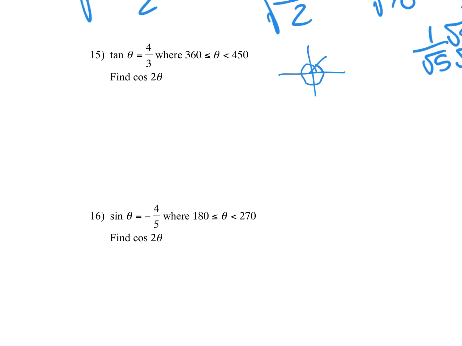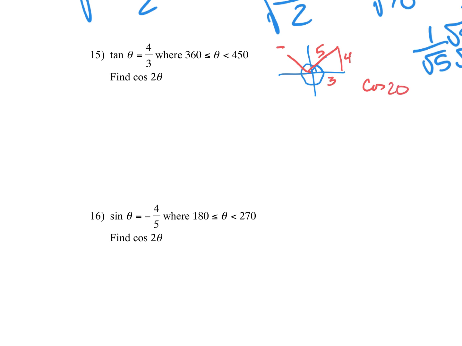I'm going to put it in red. So we know that the cosine of that is going to be negative. So we know the answer is going to be negative. Now let's just let the math take us there. So here's our 4/3. It's going to be tangent, so 4/3. We know this is a 5. So the cosine of theta,